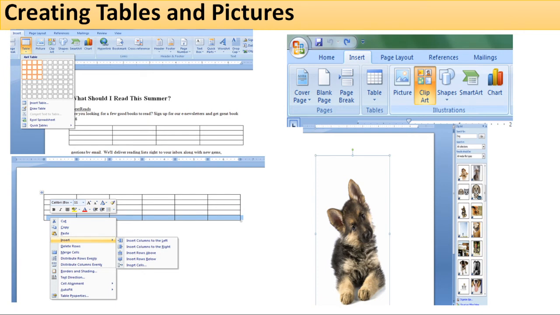After that, for inserting pictures or inserting columns to the right or left, we have to go to the insert button. For inserting pictures, we go to clip art or picture. Then we select one of the pictures, come to the screen and click on it.